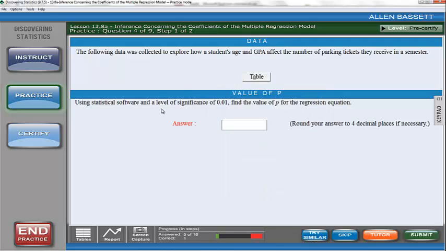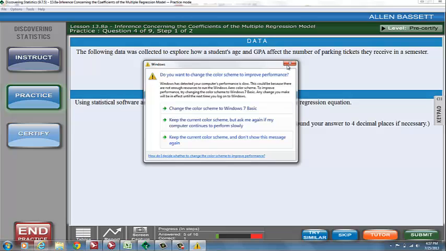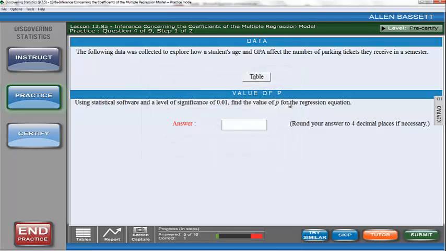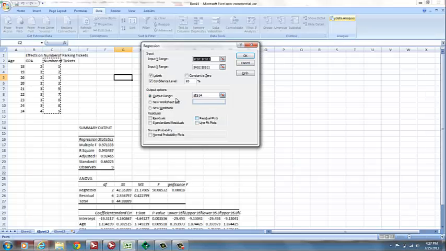The important part to figure out what data goes into your X and Y column is you're exploring, in this case, how the student's age and GPA affect the number of parking tickets they receive. So we're looking to see how age and GPA affect parking tickets. So parking tickets are going to be our X variable, and age and GPA are going to be our Y variable. So in this case, our X variable